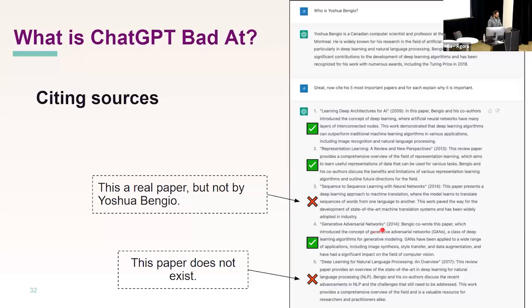Fourth one, Generative Adversarial Networks. I think we're all familiar with this paper. Yoshua Bengio is definitely a co-author on that, although he's probably not the main author and not known as the main contributor to this work. Ian Goodfellow is, right? This was kind of his seminal paper, his rise to stardom. Really important paper at the time and probably still today, but probably not a paper that I would list among Yoshua's biggest contributions. The last one, this paper does not exist, completely made up.